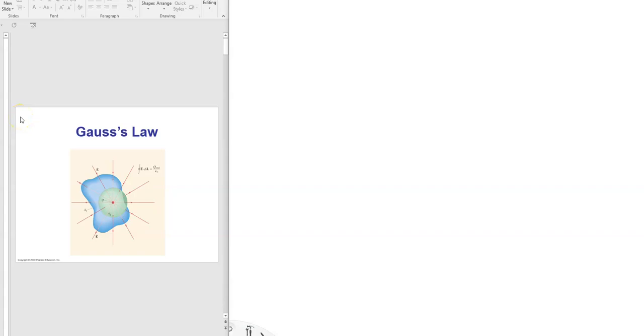Okay, hello everyone. So we're gonna discuss a new topic today. It's called Gauss law. Gauss law is a convenient way to find electric fields due to differently shaped objects. So far, what we know is how to find the electric field due to point charges. For example, if there's a point charge Q,